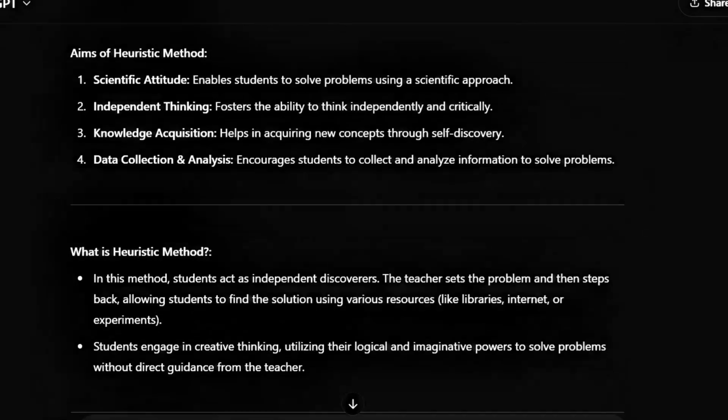Aims of heuristic method: 1. Scientific attitude. Enables students to solve problems using